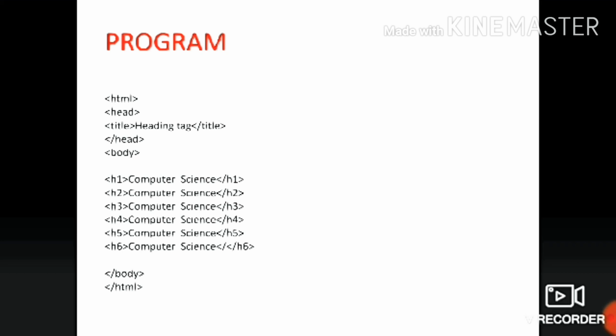Body tag contains different tags. Here we use the heading tag. For headings we use H1 to H6 tags. Let's see here, h1 tag. You can type any word or sentence here. Inside the h1 tag, every heading tag is enclosed with its ending tag. For example, h1 is enclosed with a /h1, h2 is enclosed with a /h2, and so on.